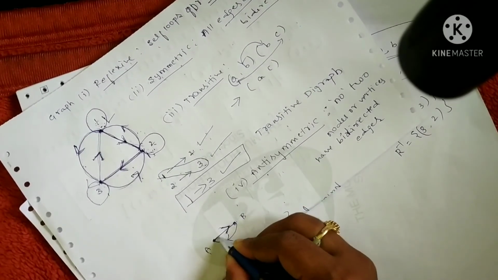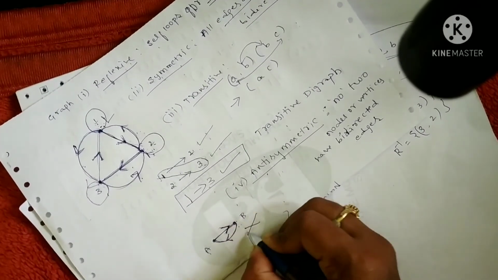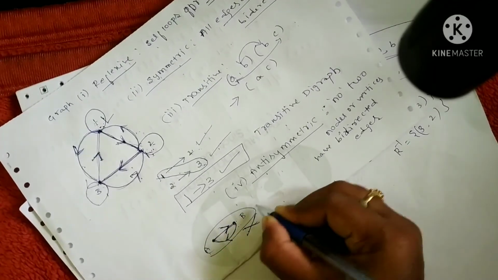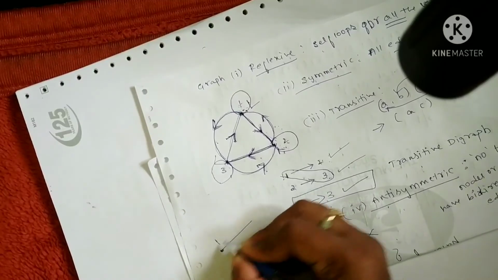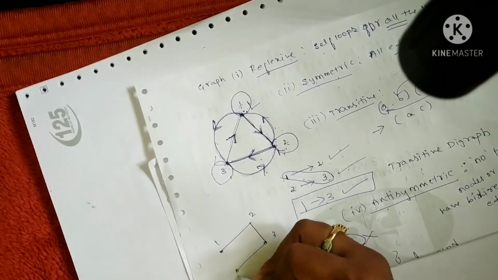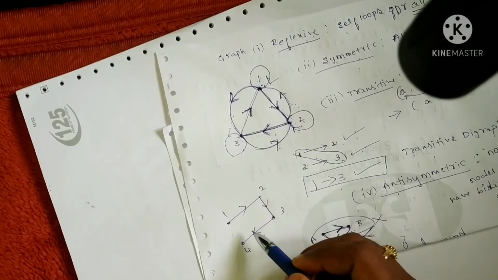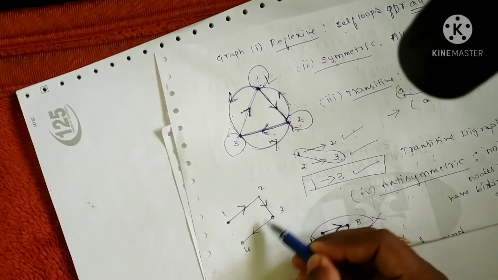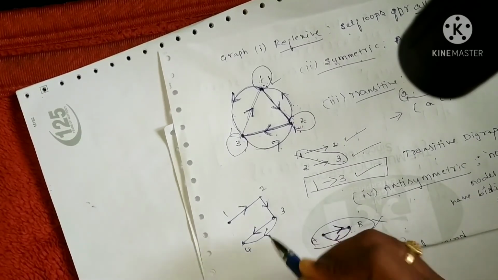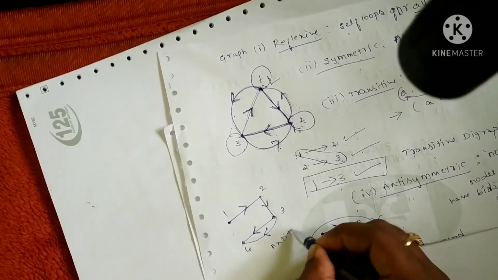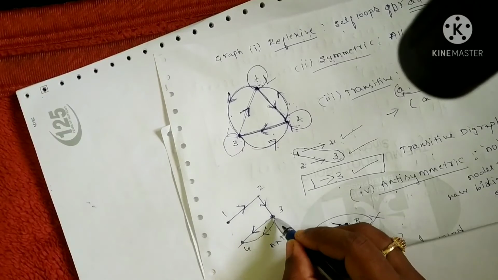Look at the diagram. I have an edge from A to B, then I have an edge from B to A. If this is the case, we cannot say that it is antisymmetric. If this was not the case, then I can say it is antisymmetric. I'll give you a simple example. See here. Let me consider a graph. Do we have any bidirectional edge here? We don't have. Why? Because we have only one single direction edge. Suppose I have one more edge with this direction, in such a case also it is antisymmetric. Why? Because both the edges are towards the same direction, that is from 3 to 4.